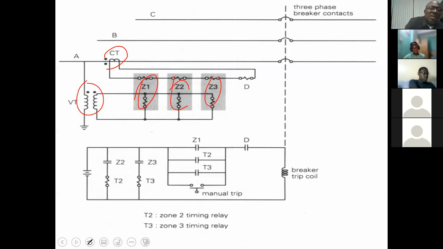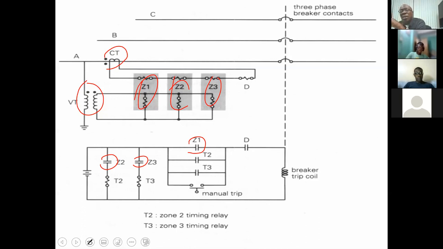And these are your instantaneous contacts. Although I mentioned earlier that only the zone 1 setting is instantaneous, the truth is all three will have an instantaneous contact. Let me put those in different colors. The instantaneous contacts, I'm putting them in blue. So we have Z2, Z3, and Z1. They are all instantaneous contacts. All right? Now, in terms of your operation,